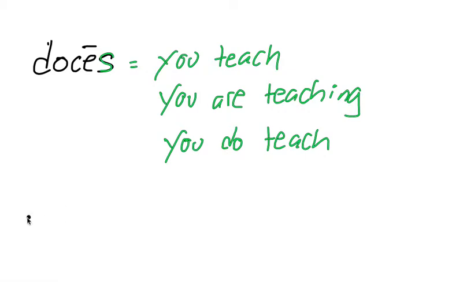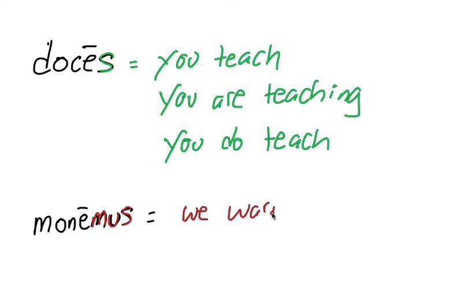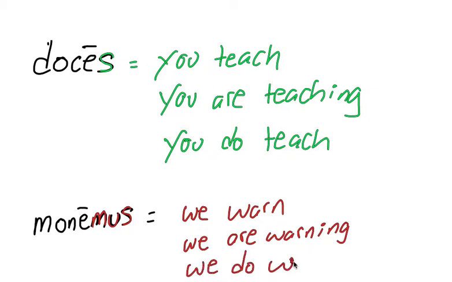So let's use the verb monemus. Okay, so the mus ending, of course, means we. So this would be we warn, we are warning, or we do warn. Okay, again, so any verb that we have in present tense can be translated in these three different ways. And you can also find this in your book on page